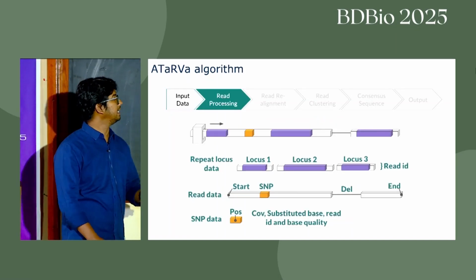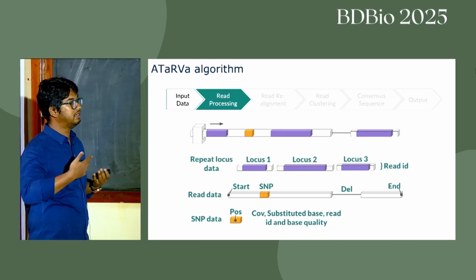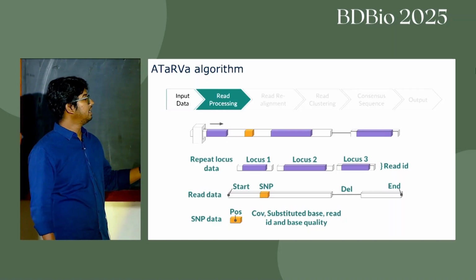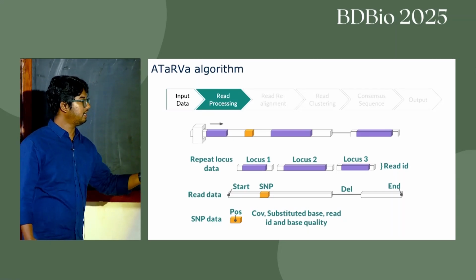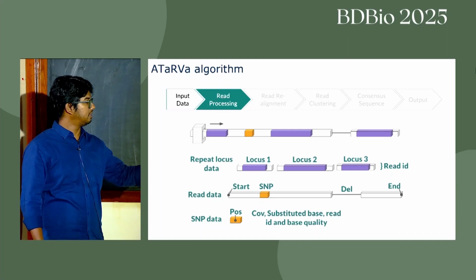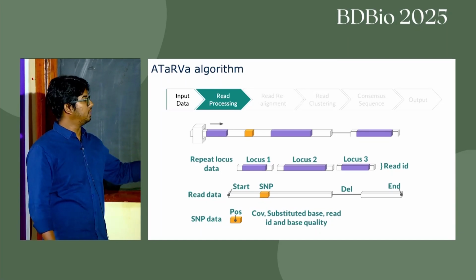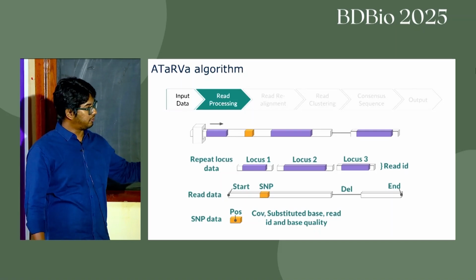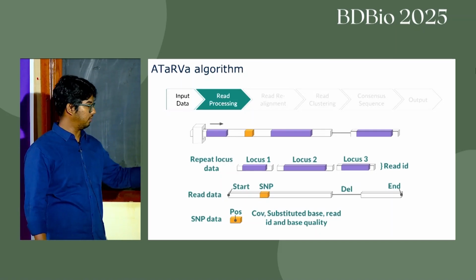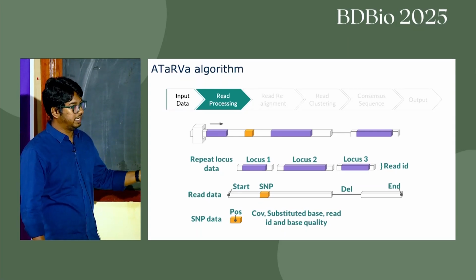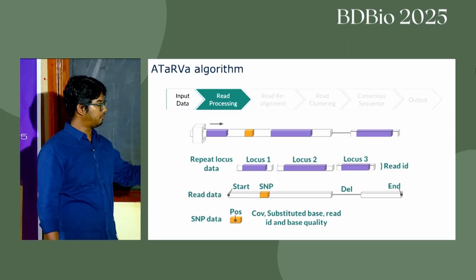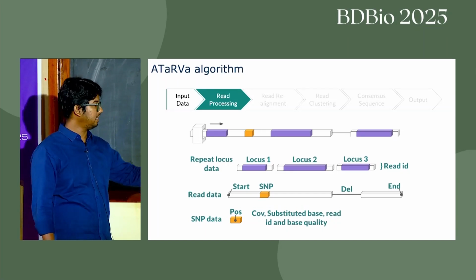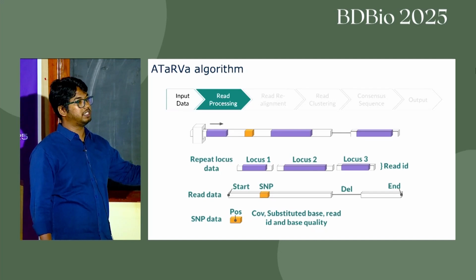So the next step is read processing. Like I said, we iterate through the data read-wise, and for every read we store a bunch of information. As we scan the entire read, first we store the repeat locus data. So let's say if this read harbors information for 3 different loci, we store the information for all those 3 loci in one go. Along with that, we have other metadata of the read that is stored, like which chromosome coordinates the read is spanning, and if it has any mismatches compared to the